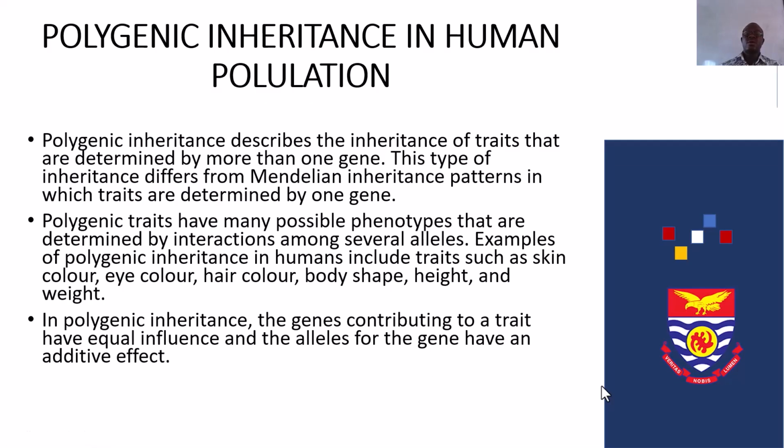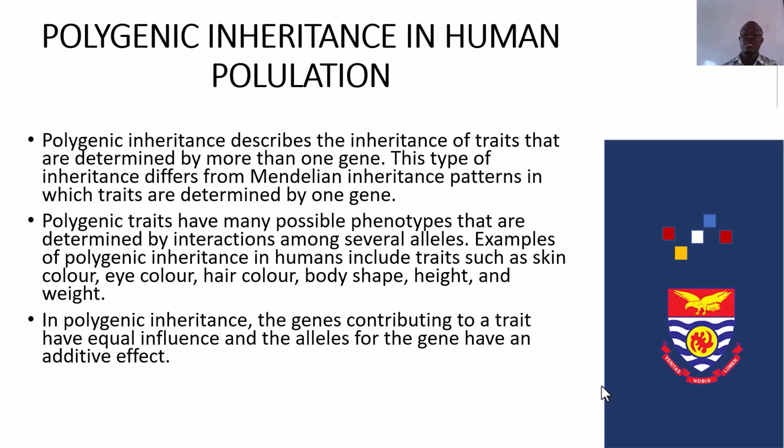Polygenic inheritance describes the inheritance of traits that are determined by more than one gene. This type of inheritance differs from Mendelian inheritance patterns in which traits are determined by one gene. Polygenic traits have many possible phenotypes that are determined by interactions among several alleles. Examples of polygenic inheritance in humans include traits such as skin color, eye color, hair color, body shape, height, and